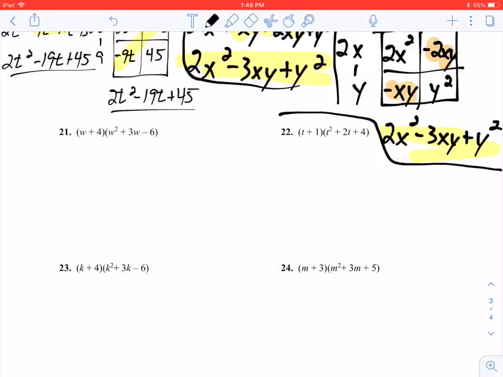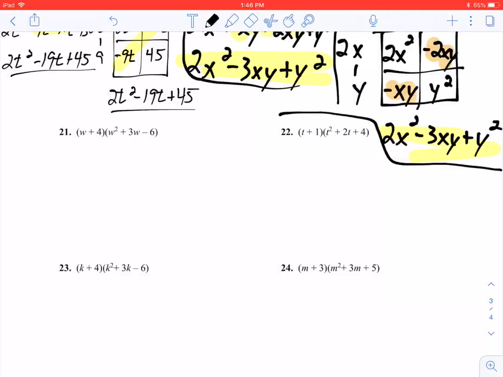I'm going to cover the 8-3 skills practice worksheet. We're going to go over numbers 21 through 24. So let's get started. The first one here, number 21, has w plus 4 multiplied by w squared plus 3w